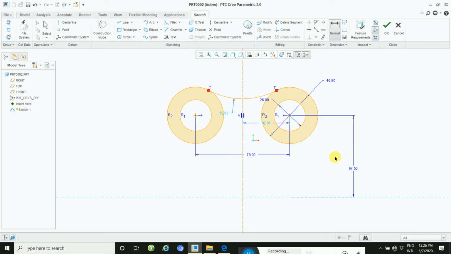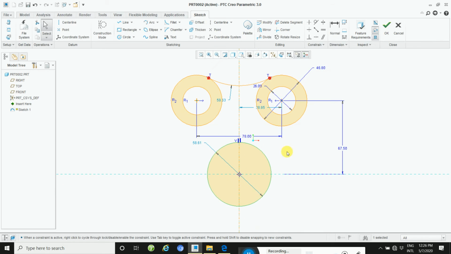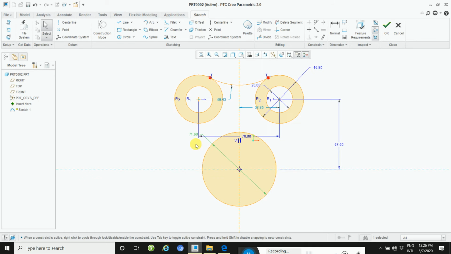So draw a circle, another circle, with the center here, and zoom to fit. And this circle is 35.8, 35.8 into 2, because diameter, take a diameter.